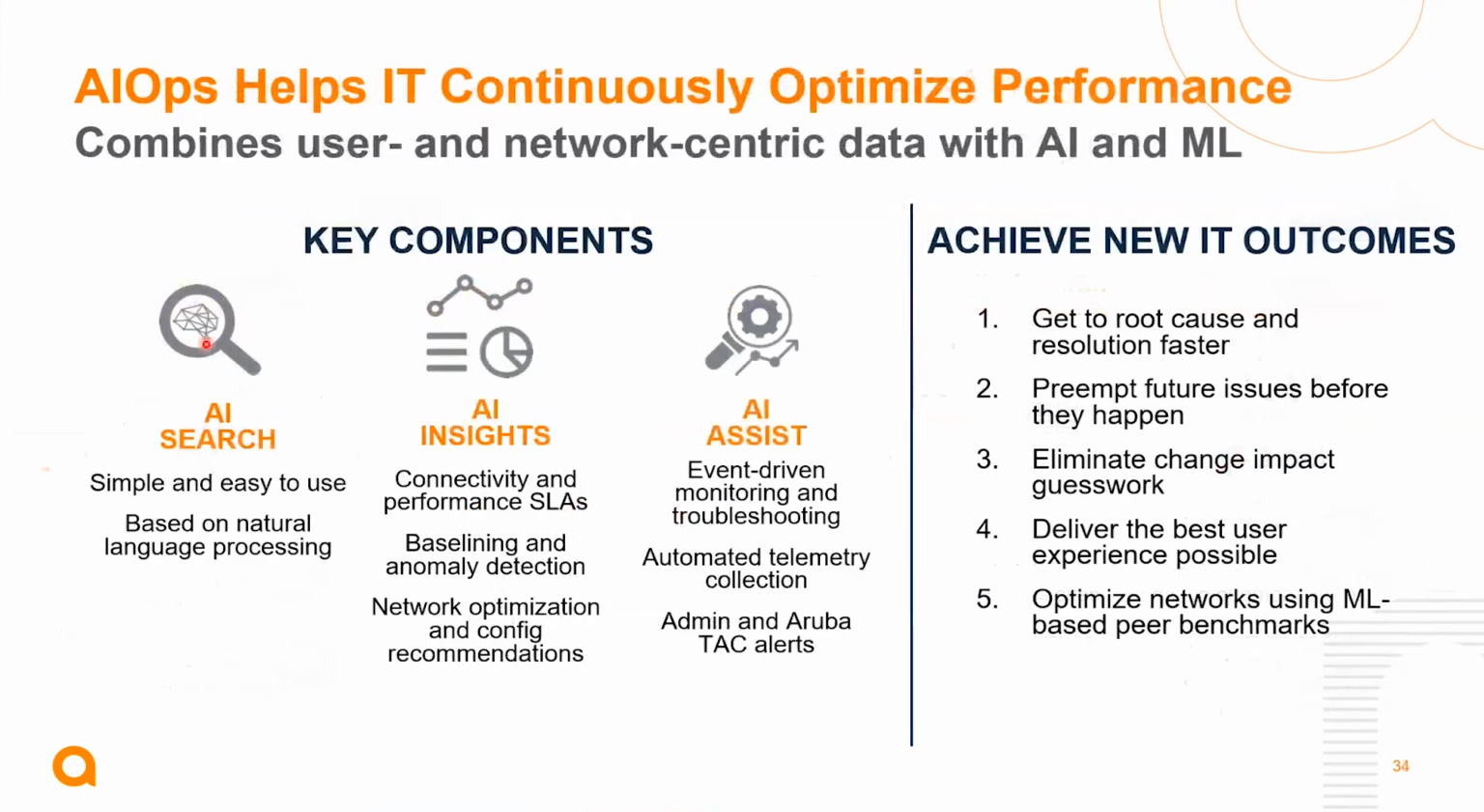As I explained a little bit earlier, we have AI Search, AI Insights, and AI Assist that will help you with your daily tasks and help you predict issues before they have an impact on your network. So we can take preventive actions beforehand, get the root cause and resolution faster, and preempt future issues. We can also eliminate the change and